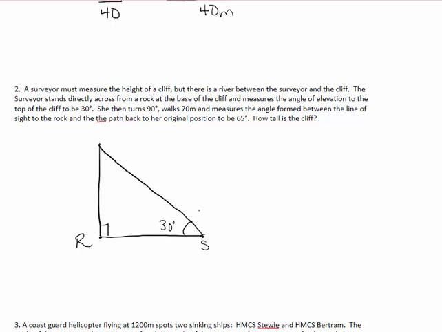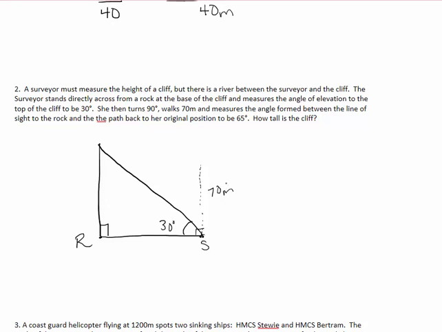She then turned 90 degrees and walks 70 meters away. So the surveyor then turns 90 degrees, and you sort of have to think of this as three-dimensional. So she's now walking this way. She was facing this way. She then turns 90 degrees and starts to walk. She walks 70 meters away